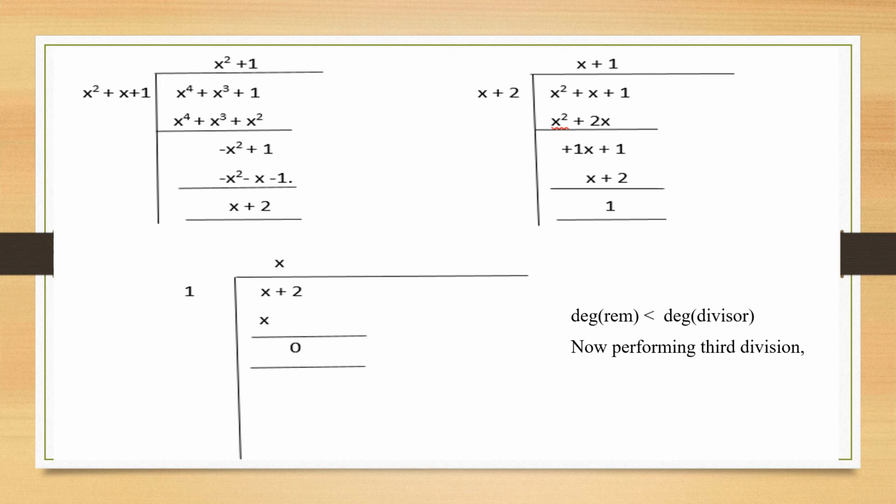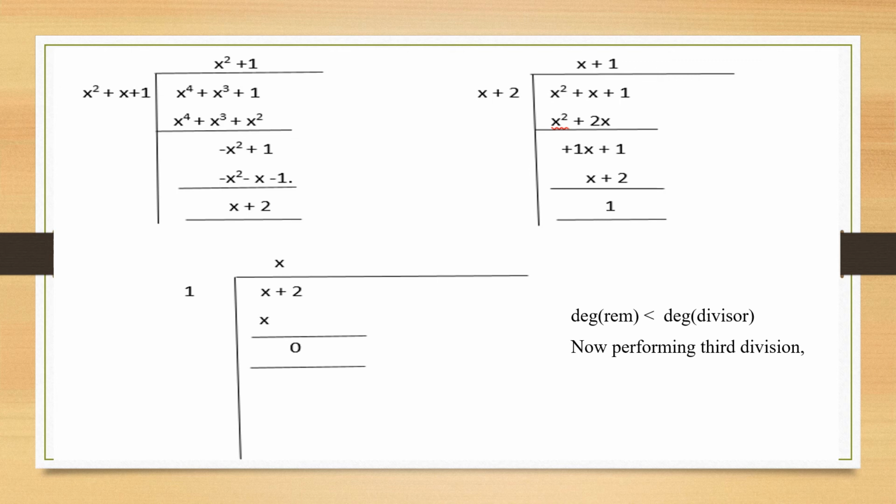So again, what do we do? Now, as I told you, the remainder will take up the divisor position and the divisor will take up the dividend position. This is what the actual concept is. The degree of the remainder is less than the degree of the divisor. Now you might ask me why it's just a constant. There is no variable. But I can say there is a variable x raised to the power 0. So 0 is obviously less than that. So we stop it. So again we have to continue since we are not getting the remainder as 0.